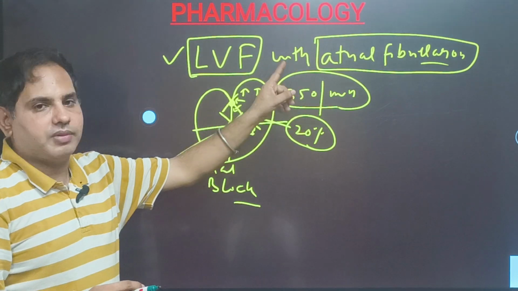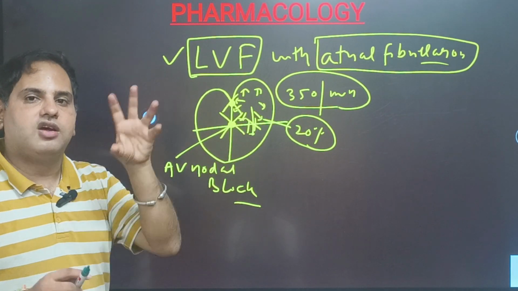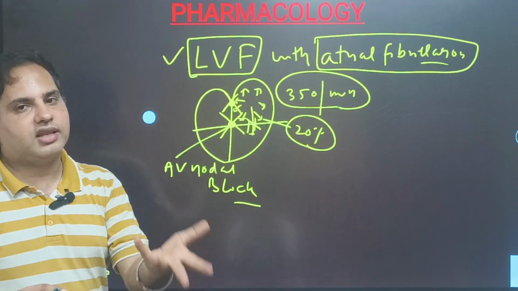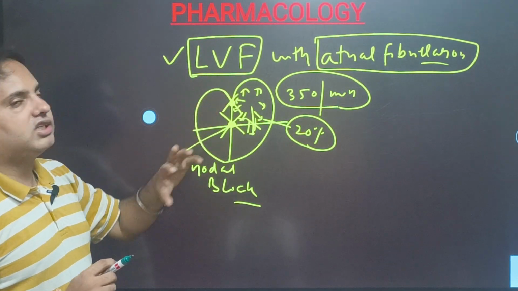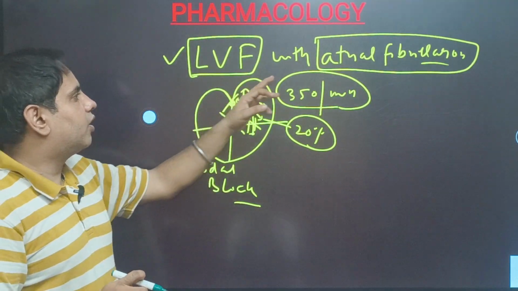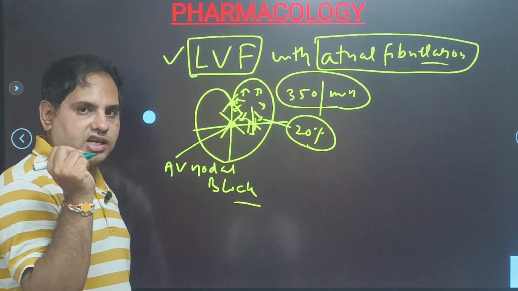But अगर ये इलेक्ट्रिकल एक्टिविटी 350 per minute सारा आपका यहाँ पे वेंट्रिकल में भी ट्रांसफर हो जाती है, वेंट्रिकुलर मैकेनिकल फेलियर हो जाता है, then it will be more serious situation. तो इस केस में आपकी डिगॉक्सिन is a best drug. Reason is because एट्रियल फिब्रिलेशन में आप चाह रहे हो कि यहाँ से इलेक्ट्रिकल एक्टिविटी नीचे ना जाए।